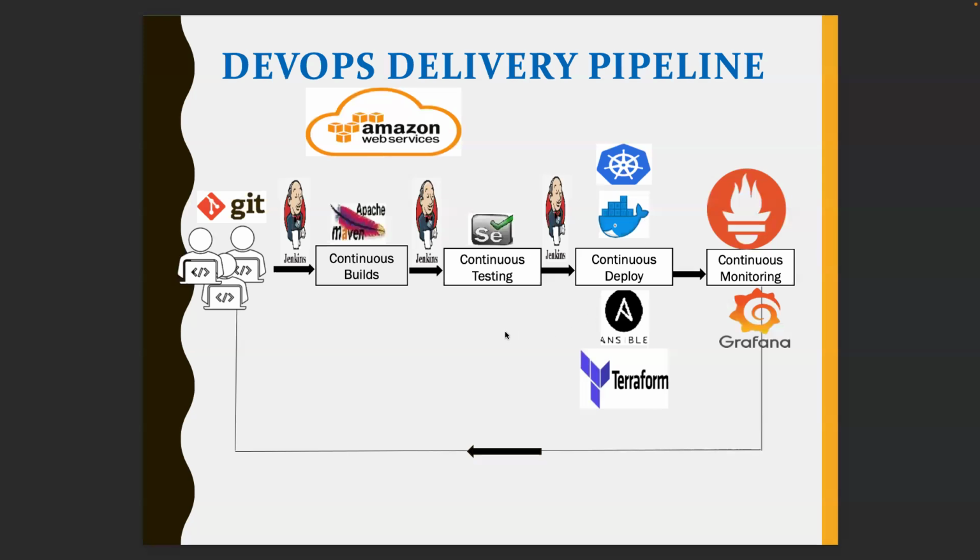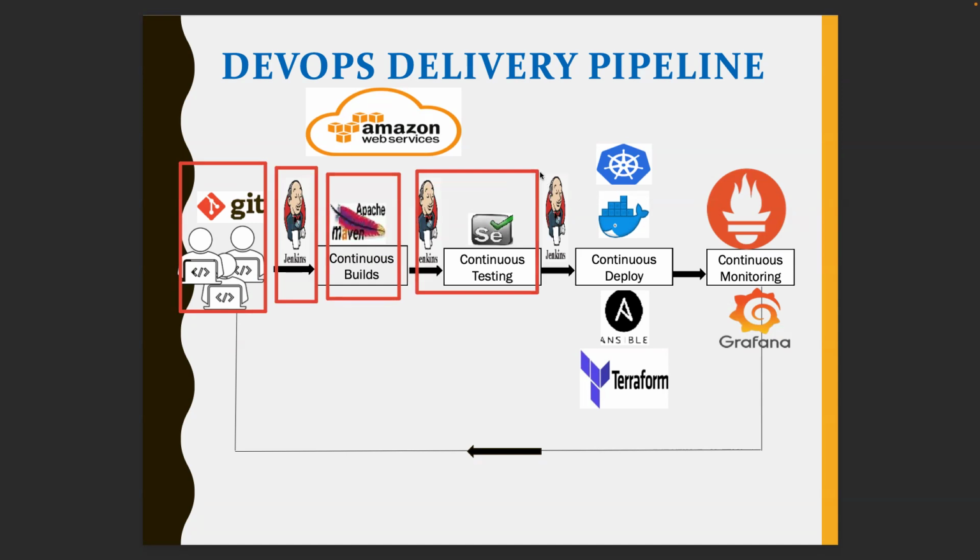This CI/CD pipeline will take 2 months to build. We'll start from tomorrow, starting from this. This is a very high level picture, but as we go by, we'll zoom into each section and deep dive into each one: how these tools work and how you integrate them. It's not just learning the tool and going away. We will learn the tools from basics till advanced, come back and build this pipeline phase by phase throughout the course.